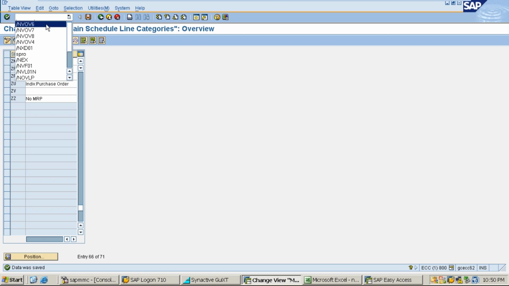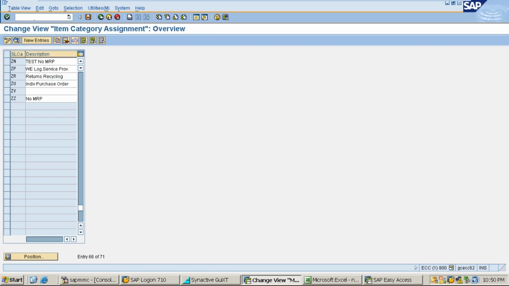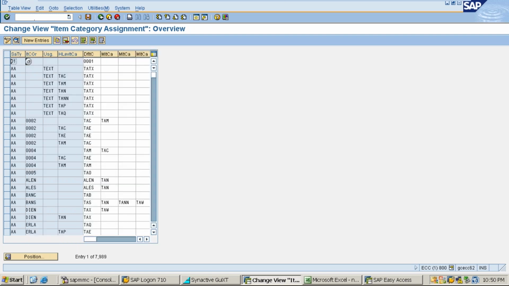For item category determination, the transaction is VOV4. Press enter. This is a very important interview question. There is a combination. Based on this combination, the default item category would be determined in your sales document line item. Okay, what is the combination? If I click on new entries,